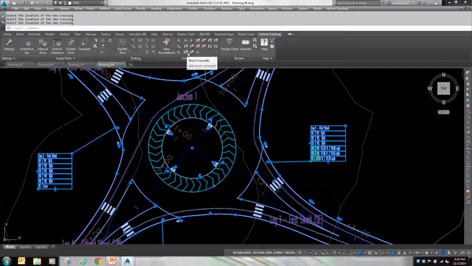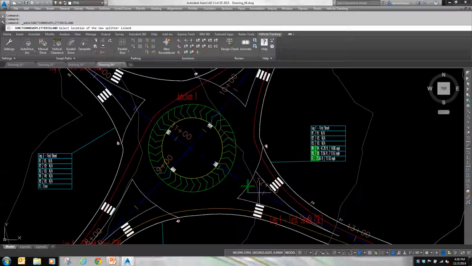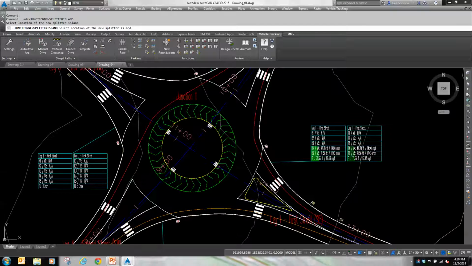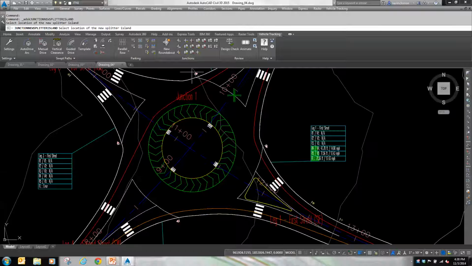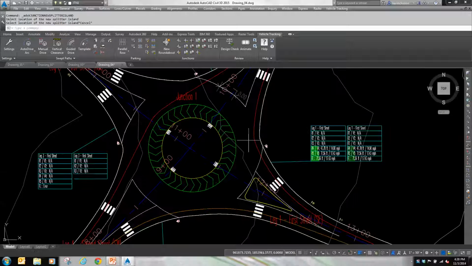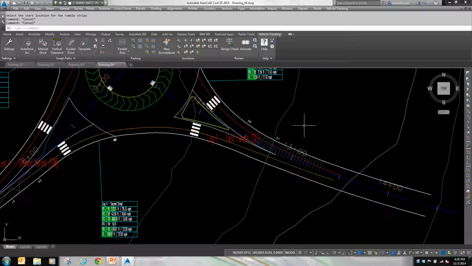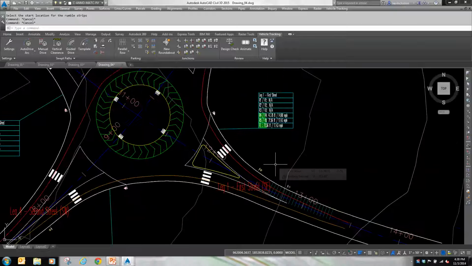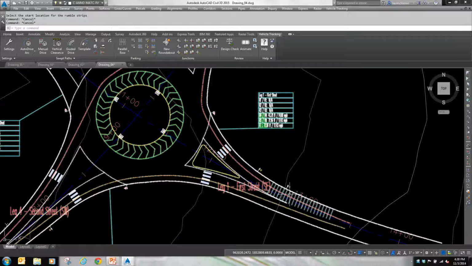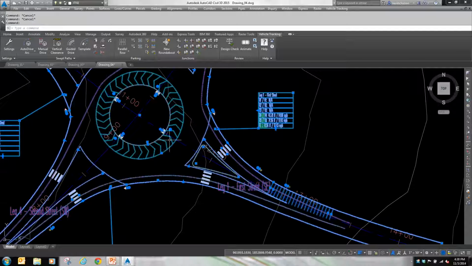If I wanted to put in, say, a splitter island, where at? How about one right there? You'll see where a splitter island automatically came in. Did I want to maybe do, I don't know, here's some rumble strips. Where would you want those? Slow people down a bit, whatever. Now all of this, once those are in, this may be an easy way of doing it, and we can come back in after the fact and be incredibly precise. I just laid those in quickly. But by picking this now, I can jump right into the editor,